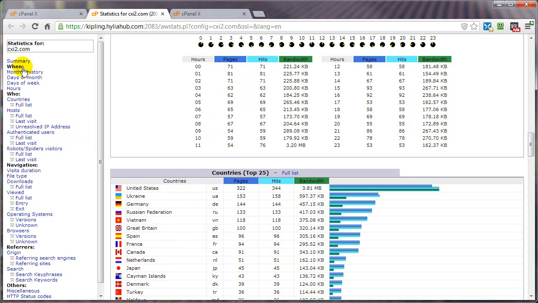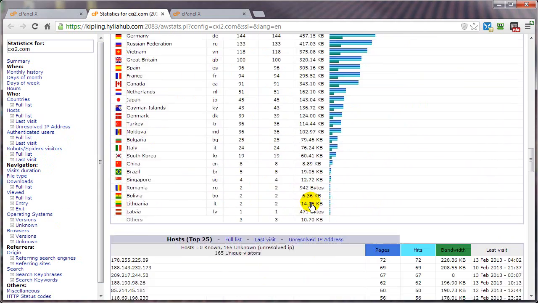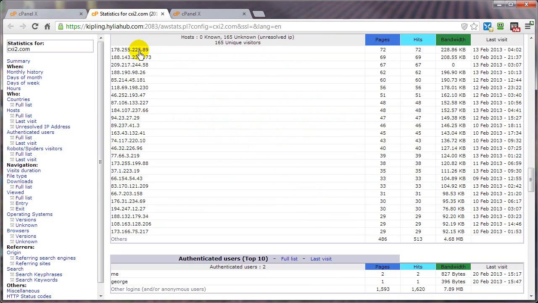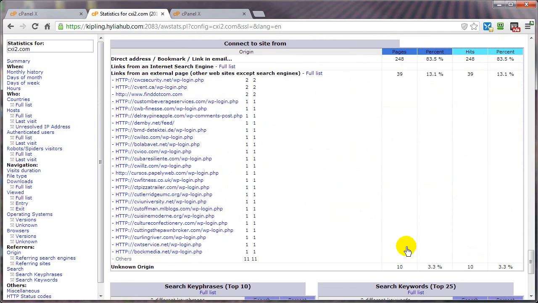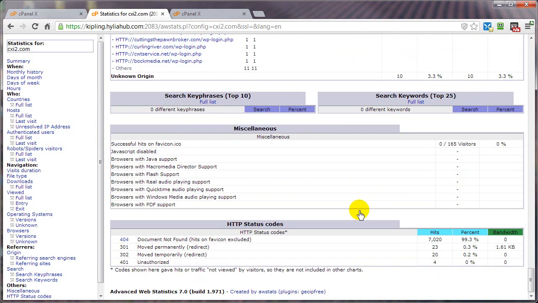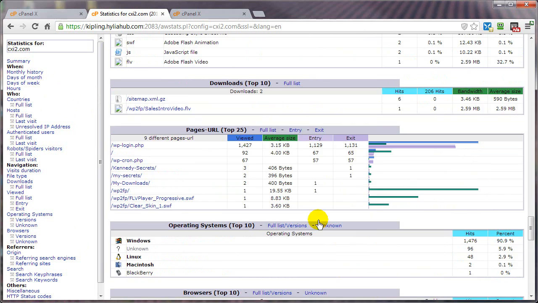And you've got a lot of information over here to the side that you can just simply click on to see if robots are visiting, if authenticated users are visiting, the countries, the days of the week. These are pretty much the breakdown of what we've already seen up here. You can scroll on down further to get even more information. And they all pretty much coincide with these clickable links over here. Click on this and it'll take you to this section of the report right here. So as you can see, all info junkies will love the free AW stats that come with your cPanel control panel. That's going to bring us to the end of this